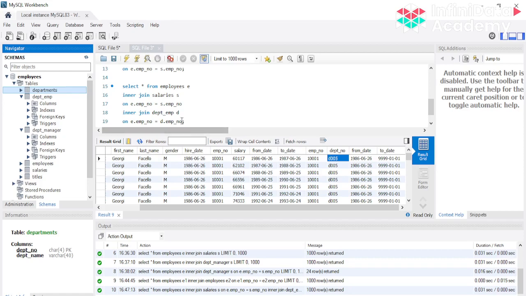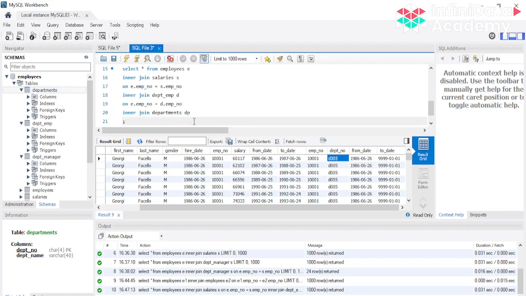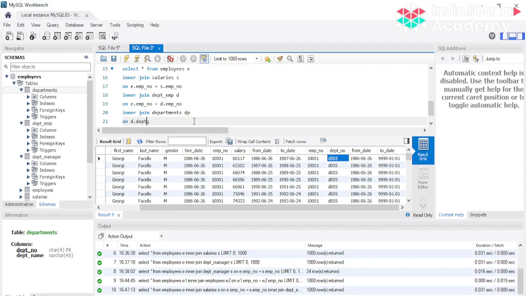Let's, for the purpose of your demo, do this join as well, inner join. In this case we are doing the departments, and this is make it dp, and we are joining it on your d dot department number equal to dp, that is your departments table.